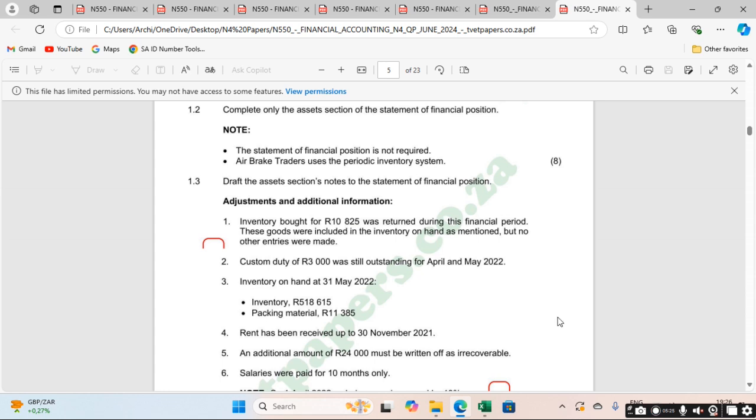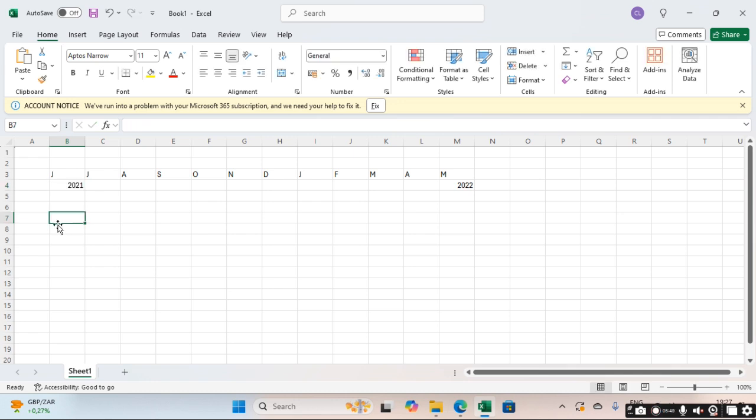10,820. So this transaction is going to affect our purchases, because we made purchases and then during the course of the financial period we returned some of the inventories to our suppliers. So on the purchase account, we know that our income statement structure says sales, cost of sales, and then we have, if we are doing the